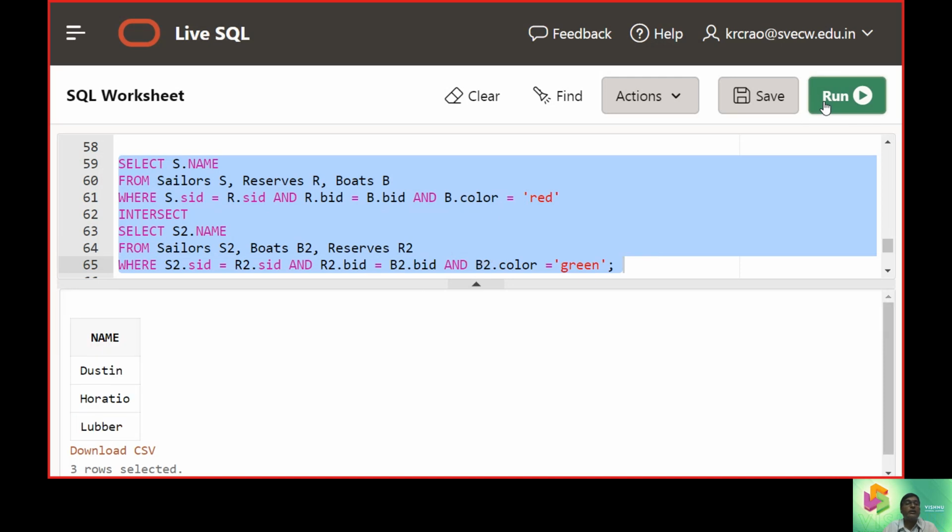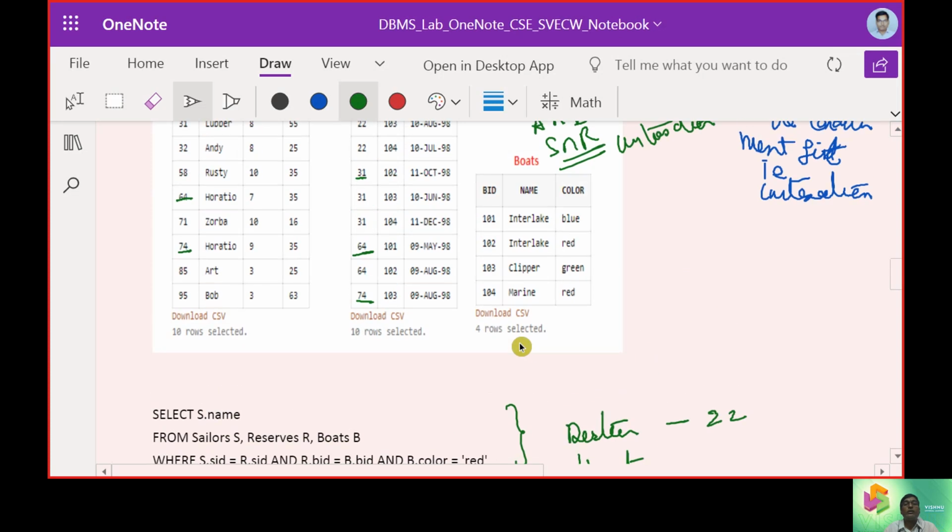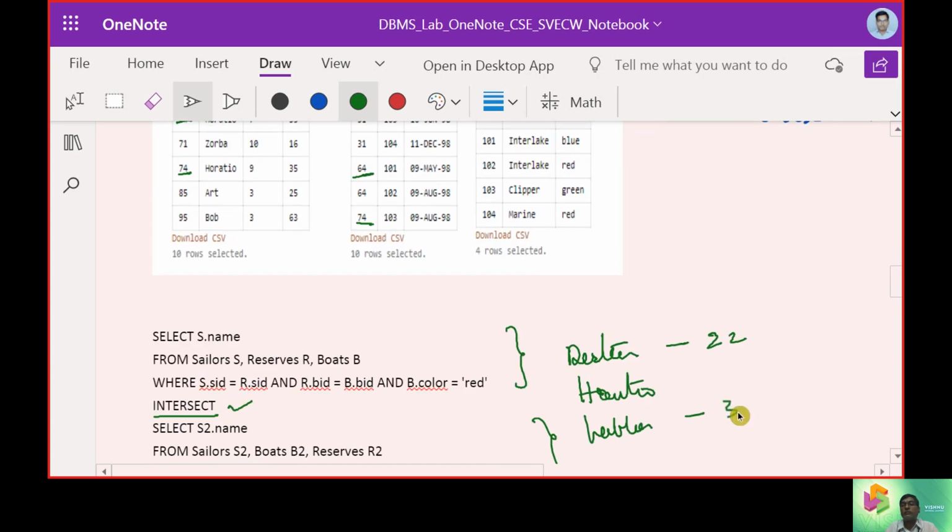So we get three elements: Dustin, Horatio, Lubber. Dustin was 22. Lubber was 31.